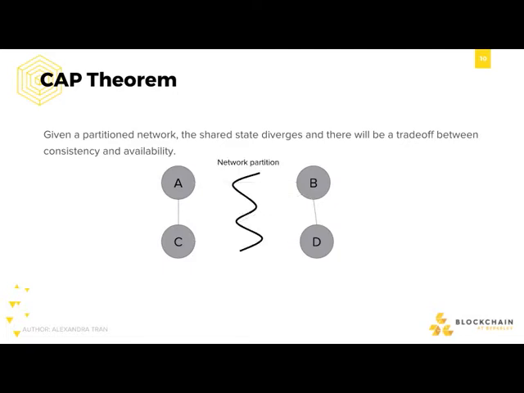And then if we introduce a network partition, then one of two things could happen. Let's say we write in some value x to this side of the network, and we want to read from the other side of the network, and it returns maybe a previous value we sent in, or just some random value. So in this case, there's a network partition, and while both sides are available, they're not consistent.